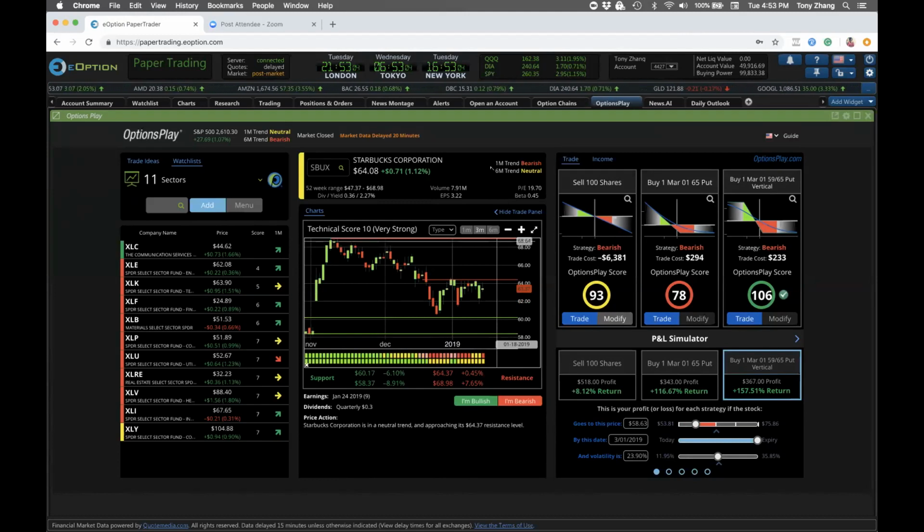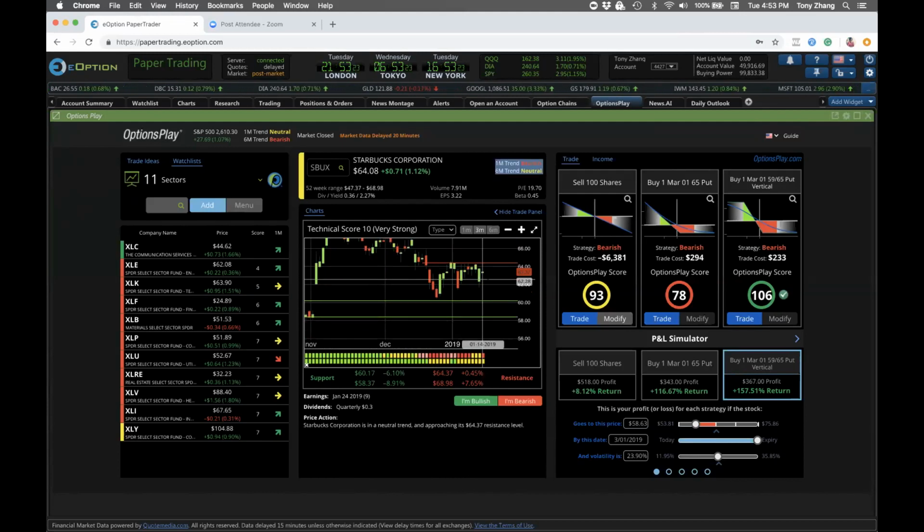The other way to look at it is the 1 month and 6 month trend has really deteriorated a bit. As you can see, when it moved higher, the trends were clearly bullish and have slowly deteriorated since December as it turned from all green to red and yellow, and now it's bearish and neutral. So you may think that this stock has more of an impetus to move down to maybe $60 or even $58, to that prior gap before the last earnings. So we can look at both examples.